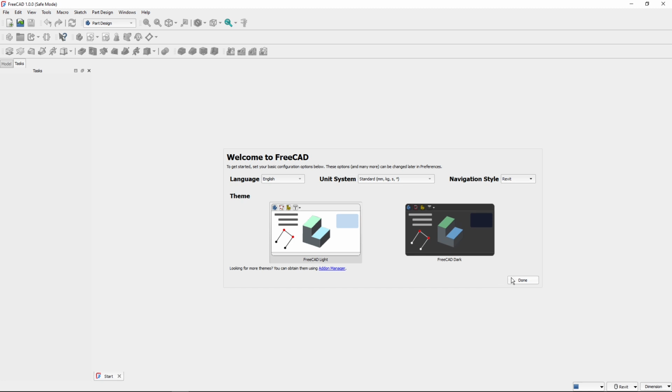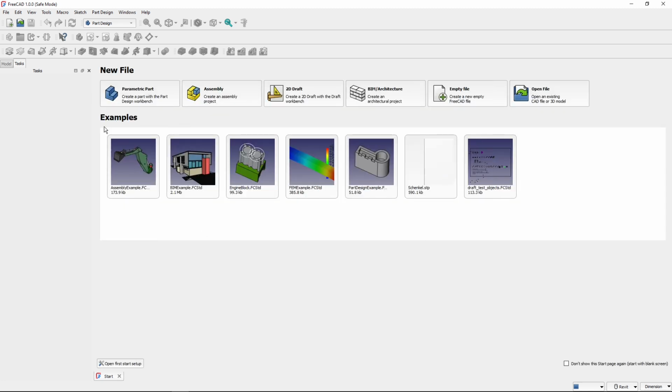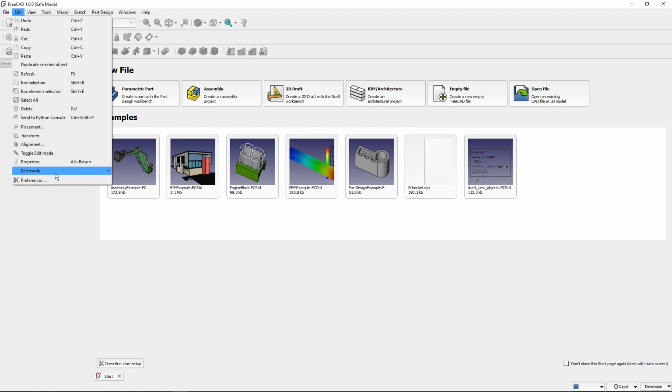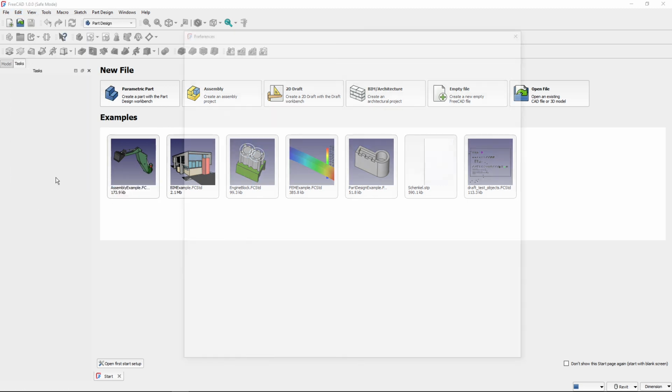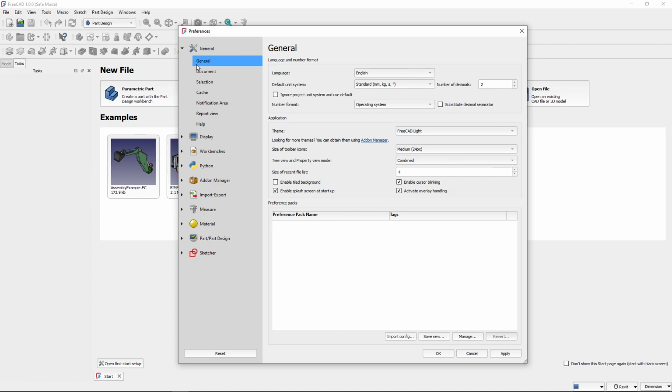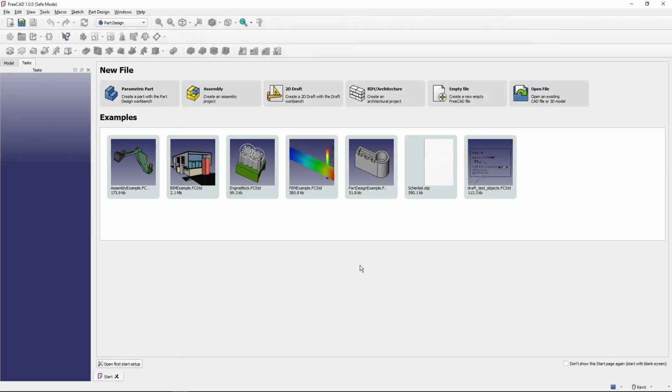So in the welcome screen, I will accept whichever I like, it doesn't matter. And then I will go to Edit, Preferences, and in Preferences in the General section, I will go to Application part, Theme, and here you have the option to choose from light, dark, or the classic one. So I will select classic, hit OK, and the theme will be reset to the classic one that you are